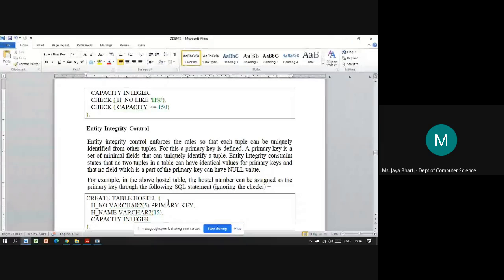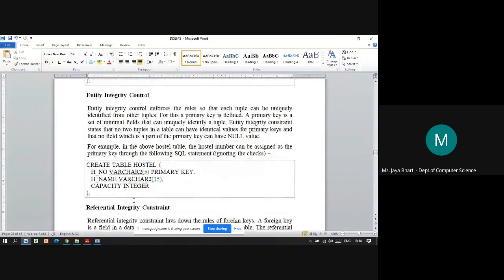So here if you see in the example, they have shown the hostel table, where they have assigned the primary key constraint to the hostel number, the first column. Means what? If suppose the H1 record is already present in the hostel table, and if for the next record you are also giving H1, it will not allow you to enter the next record with the same value.